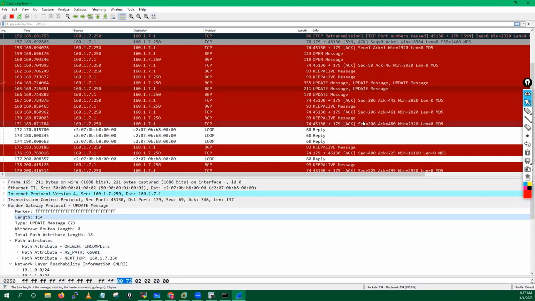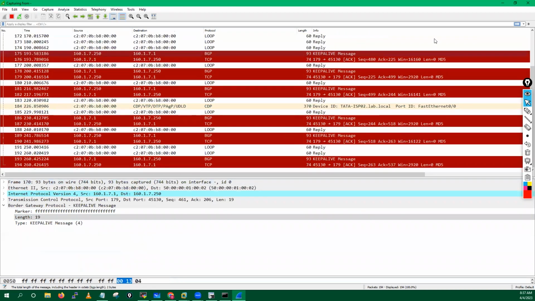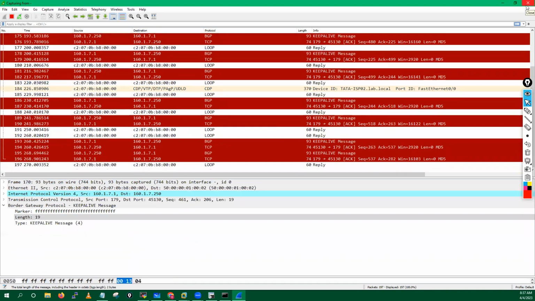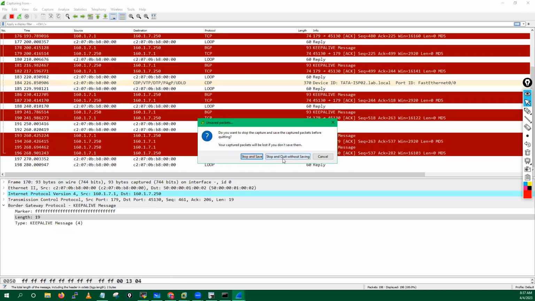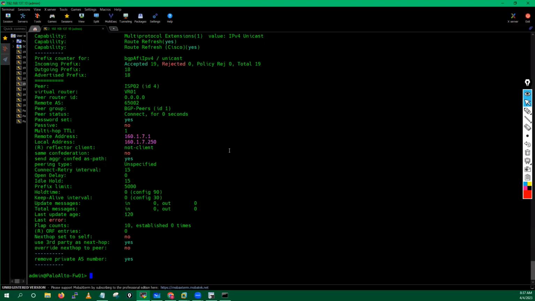BGP is a big protocol, guys. And definitely I'm planning a very detailed training on BGP, which includes more than 250 labs on BGP and around 45 labs on OSPF. So I will go through the advanced BGP and OSPF training. I will launch that course in a few days. So that's how, guys, we have to configure the